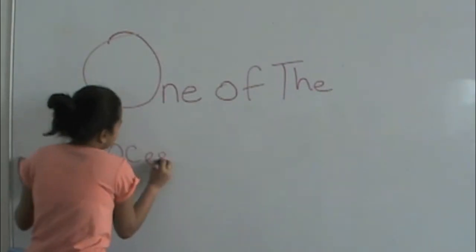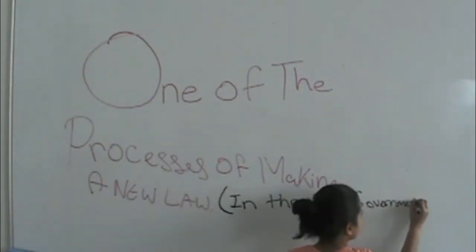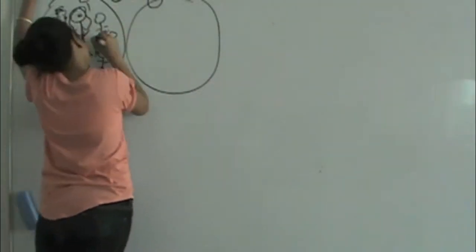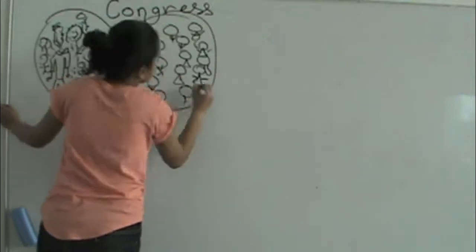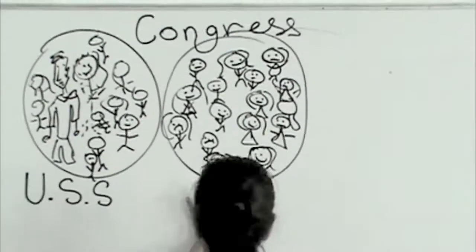Yay, you learned about the cell. So now we're moving on to one of the processes of making a new law in the U.S. government. Okay, so this process starts with the Congress. There are two halves of the Congress. One of the halves is called the United States Senate, and the other one is called the United States House